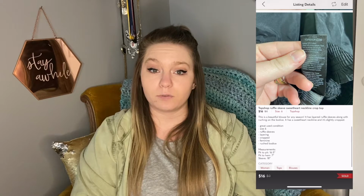I did only spend $4 on it, so learning from my purchasing mistake. However, I just really thought it would sell based on style more than what it did. So it sold for $16, which still isn't bad for Topshop, but I just thought it was gonna sell a